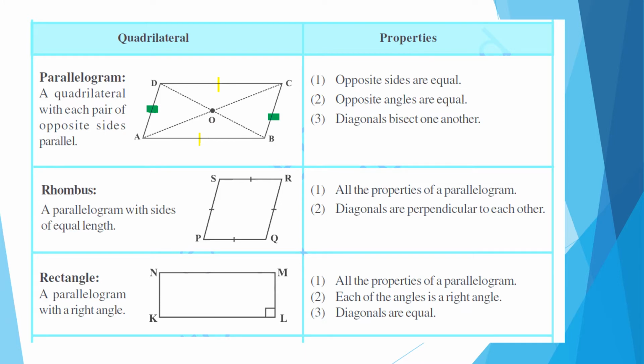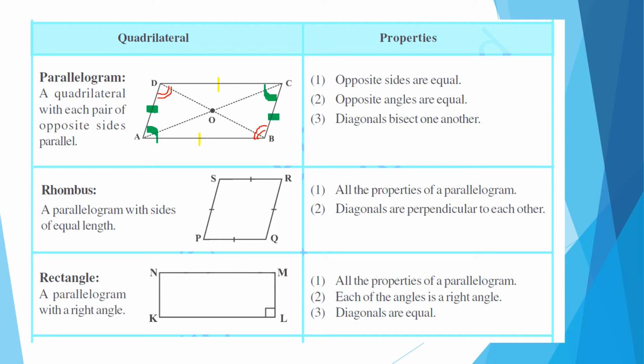The second property, you can say, is that opposite angles of a parallelogram are equal. Like in this, angle A is equal to angle C. Okay, this is the opposite angle. So opposite angle का ये one pair है, and the other pair of opposite angles is angle B equal to angle D. These are two pairs of opposite angles. They are equal to each other.